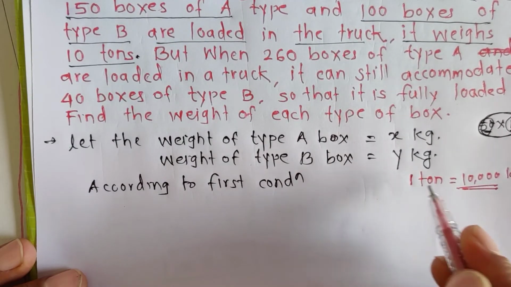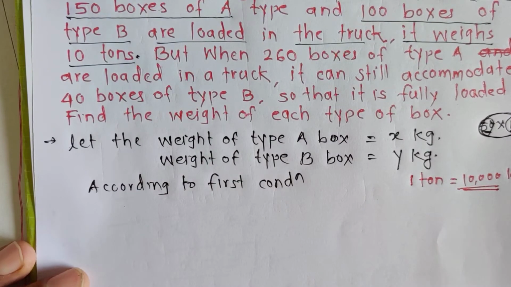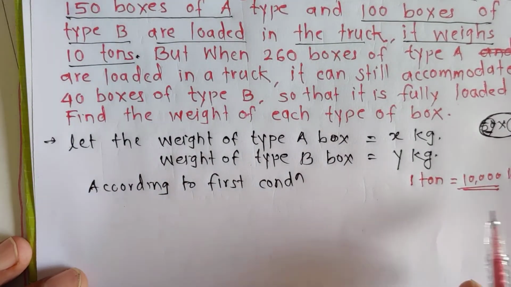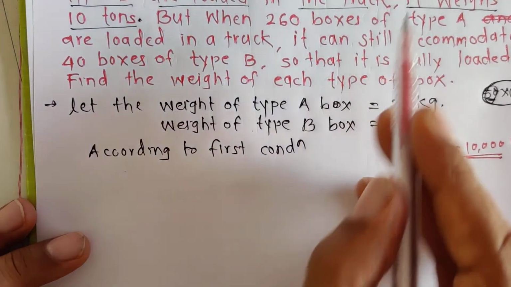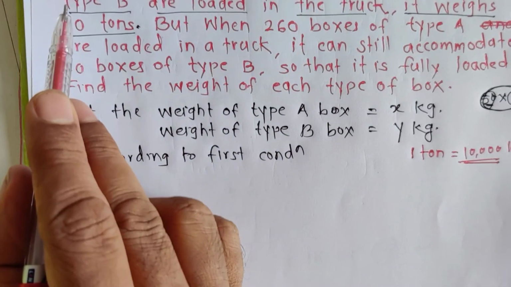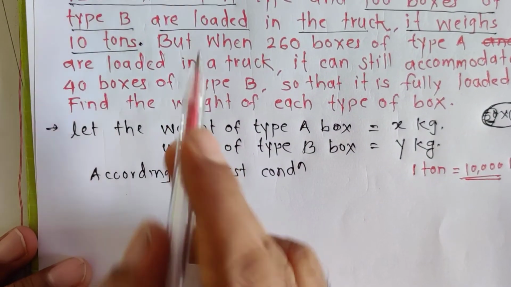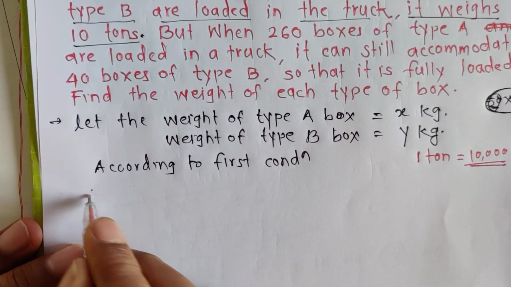1 ton is equal to 10,000 kg. That is, 10 quintals is equal to 1 ton, which means 10,000 kg. So according to the first condition, whenever 150 boxes of A are there, their total weight is